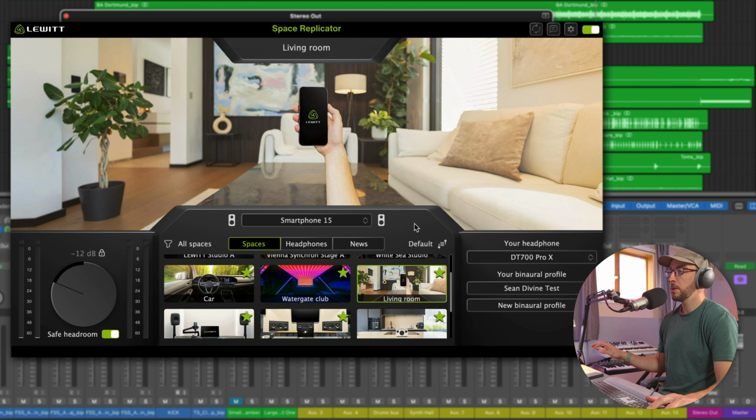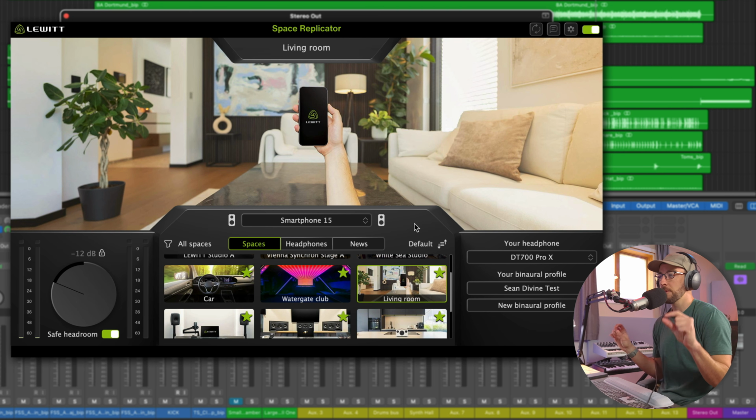I do try to reference on the phone, and that's pretty accurate in terms of just the limited frequency response. A lot of times I'm just trying to hear what that high mid section is going to sound like on the phone. Sometimes you get these weird resonances, and so it's helpful to be able to hear it through that